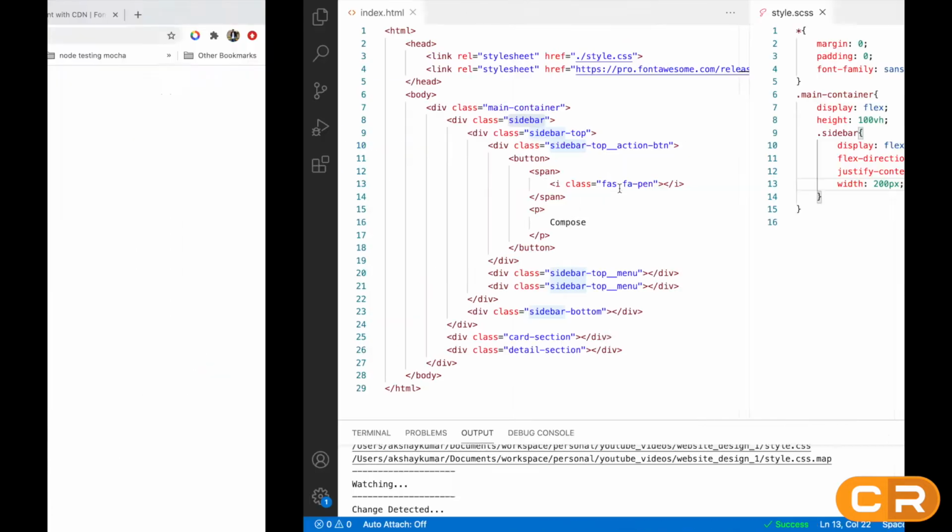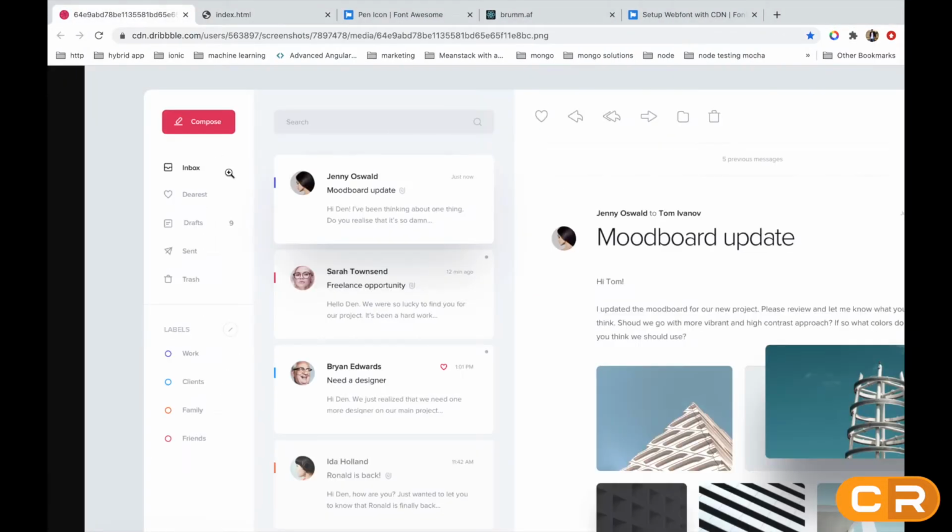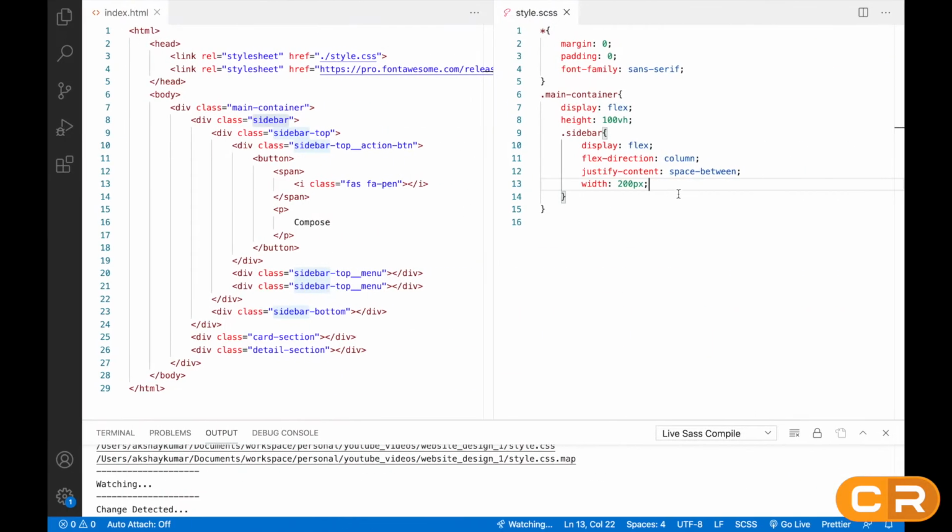So this 200px is for this first section's width. So this width will be 200px, right? Okay. Inside this sidebar, we'll take this class sidebar top and we'll give flex 1.